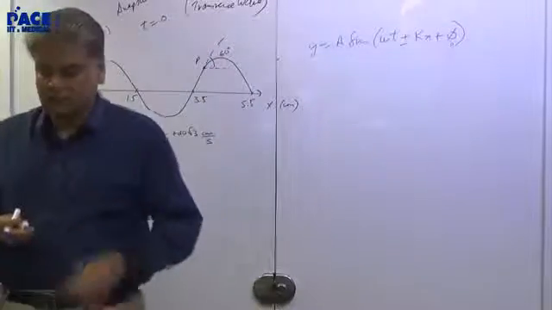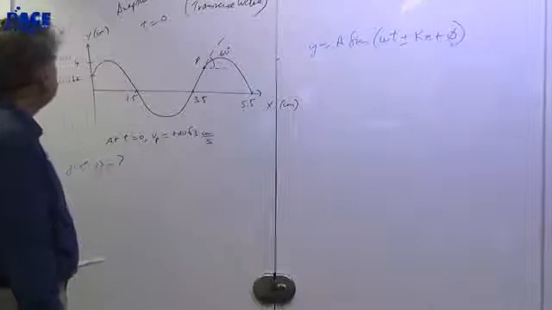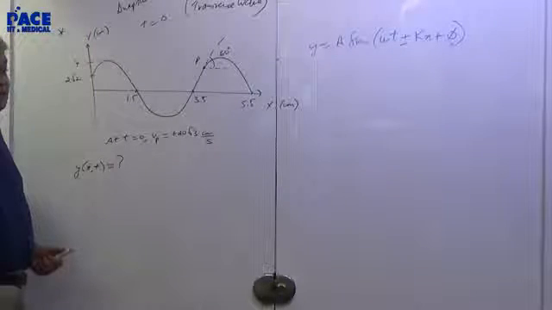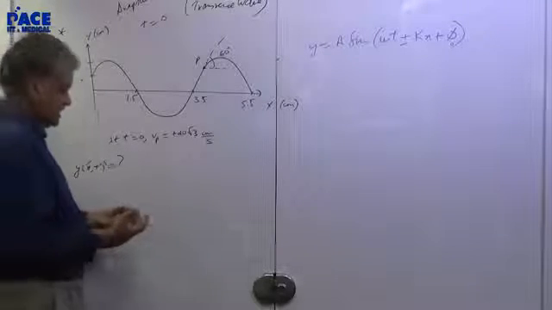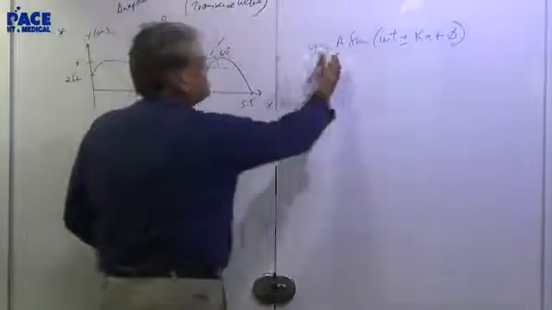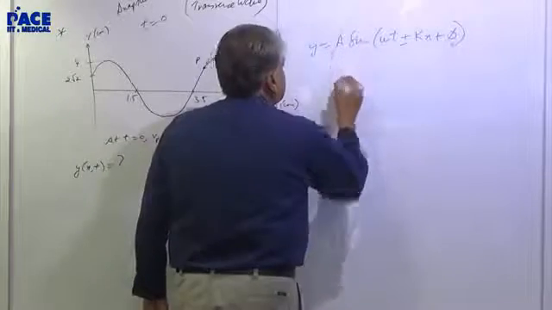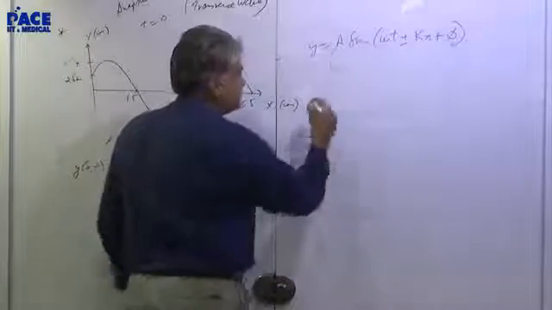Which are the things which are obvious here? C is the wave speed. How do you know the wave speed? Wave speed relates to particle speed at the point. Let's get the obvious things first. What is the amplitude? Amplitude is 4 centimeter. You can see that here, right? What is the wave speed?